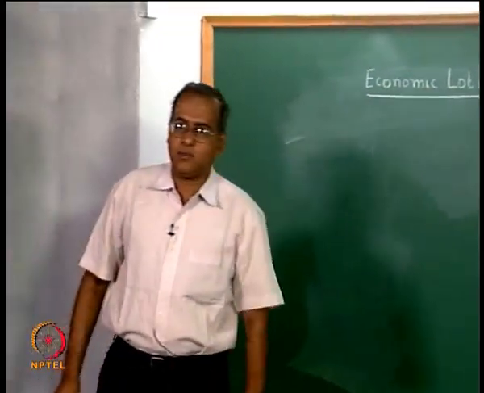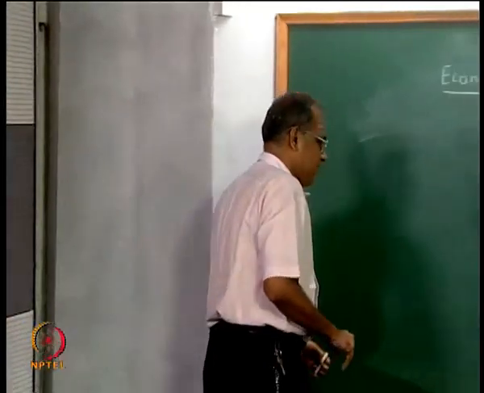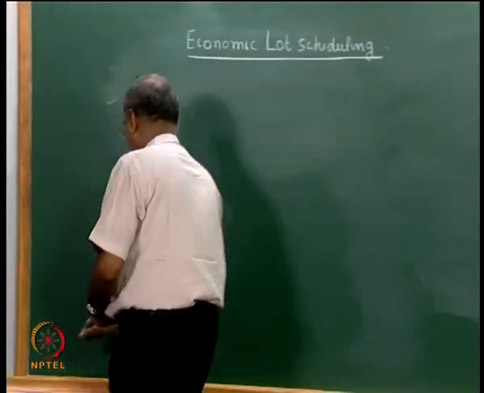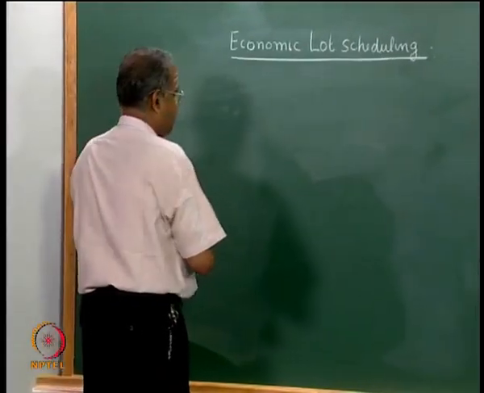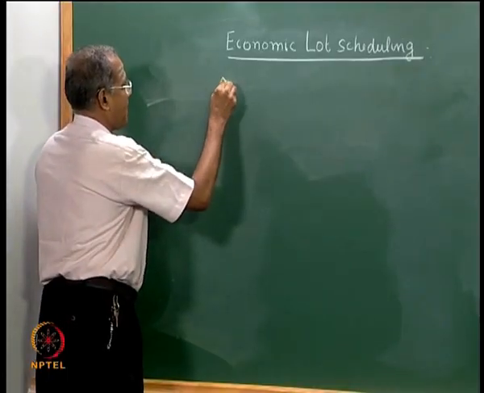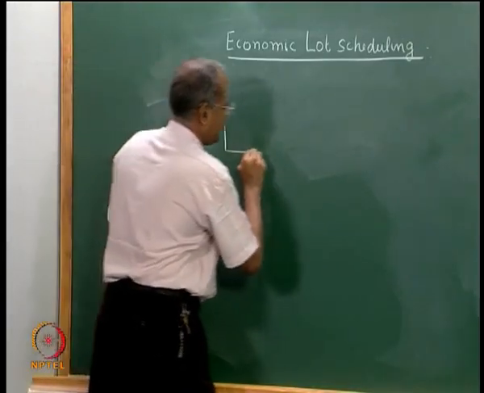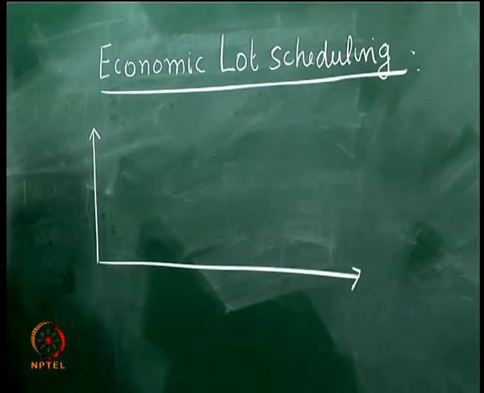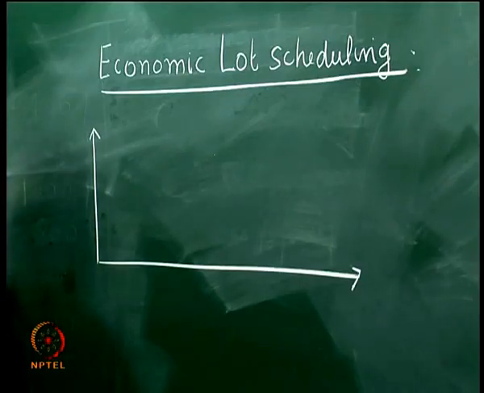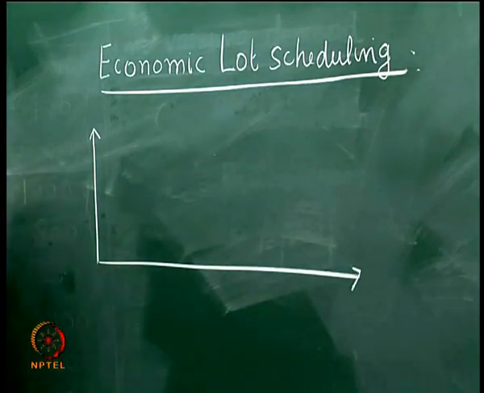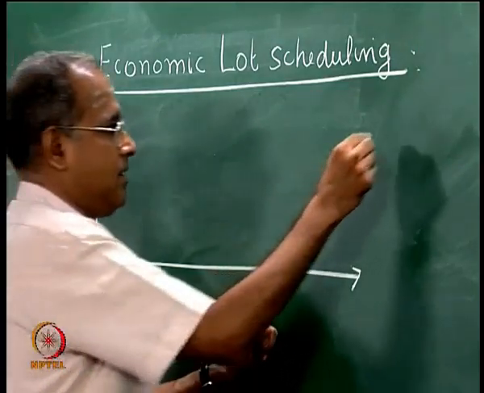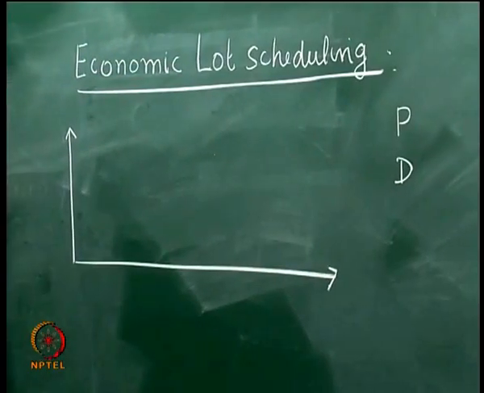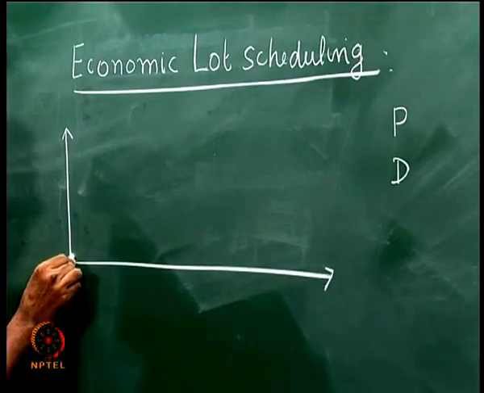Now when we defined the economic lot scheduling problem, we did something like this. We looked at a particular machine or a facility that is making multiple products. If you take a particular product or an item, it produces at the rate P, the demand is at the rate D. So what you normally do is you produce for a certain period,